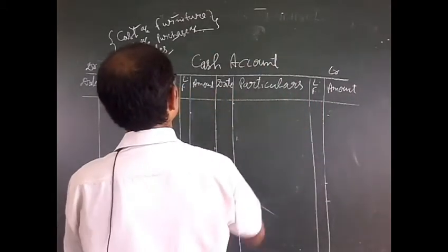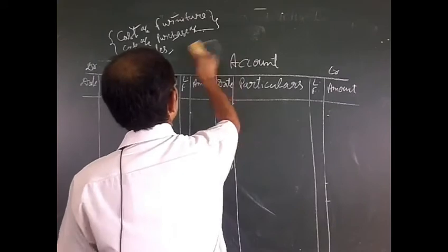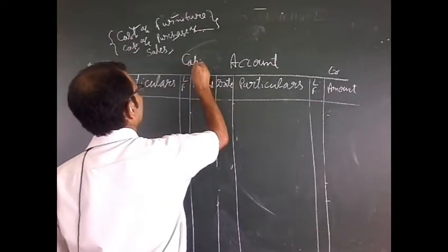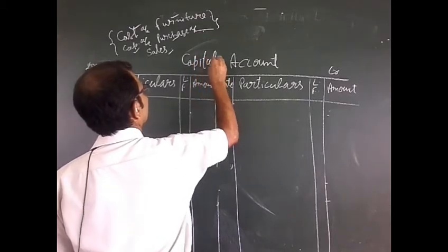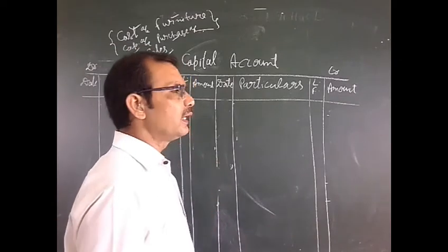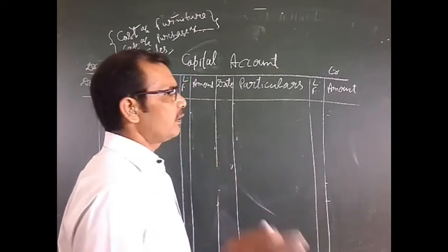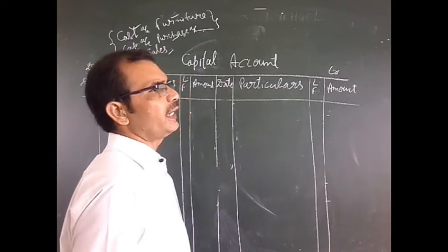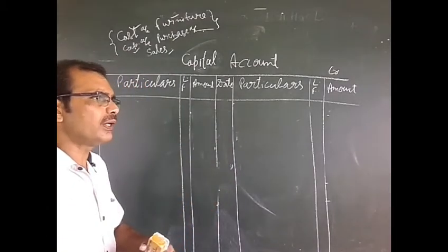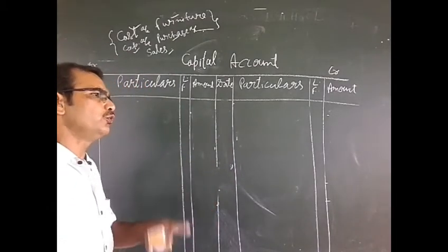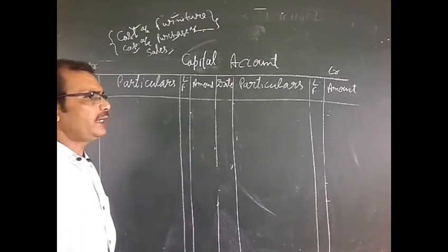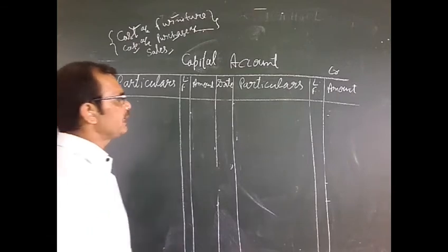Next account is capital account. Capital account was entered in the beginning, and capital account is given in the first entry only, and the entry was cash account debit to capital account. In capital account you cannot write capital, so you will write the cash account, and cash account was given in your entry in debit side, so we will write in credit side